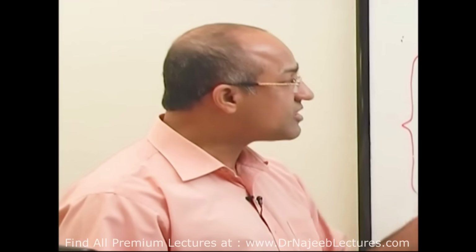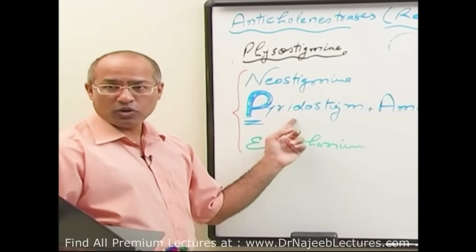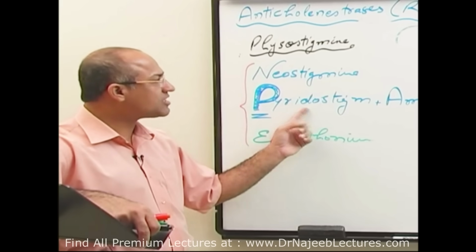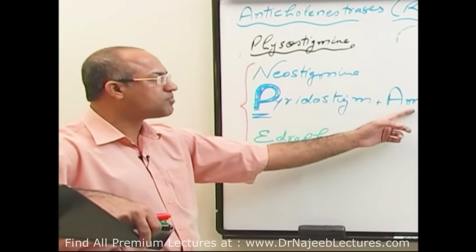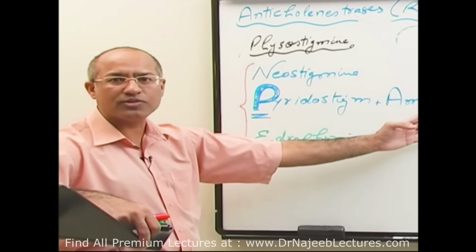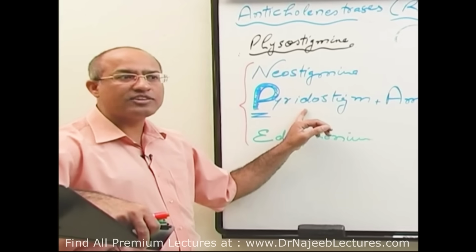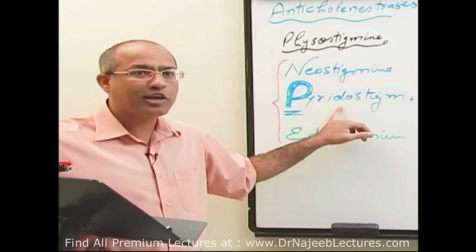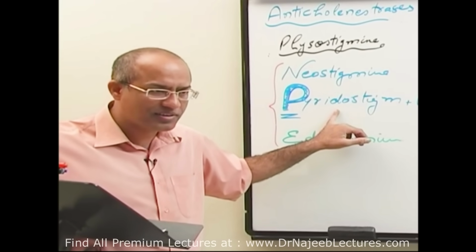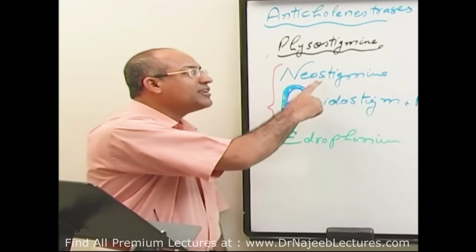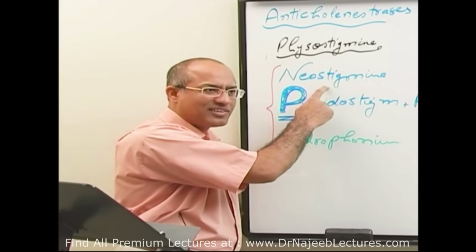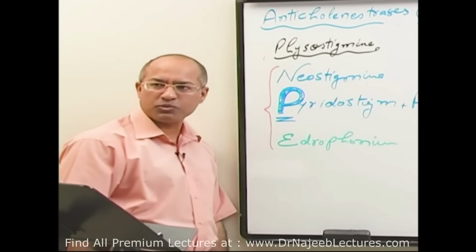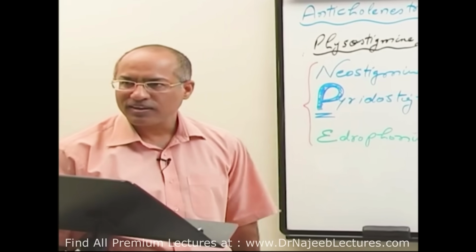Now what does it mean? That these compounds are, even though functionally similar to physostigmine and neostigmine, prolonged in duration of action. Pyridostigmine and its related compound ambenonium have prolonged duration of action. Due to that reason, these drugs are used more commonly in the chronic treatment of myasthenia gravis. Because in case of neostigmine, its duration of action is short, so you have to give more frequent tablets. But in case of pyridostigmine, you have to give less frequent tablets. Am I clear? So this is enough to know.